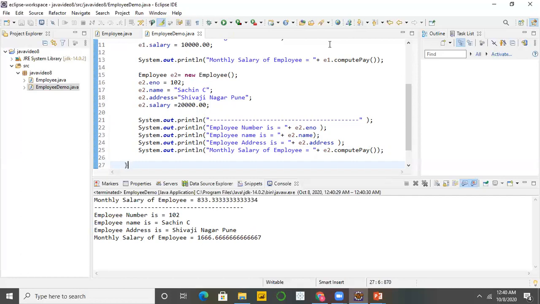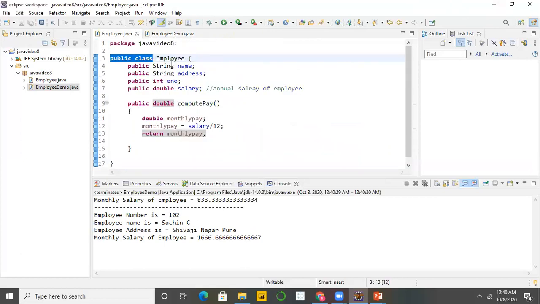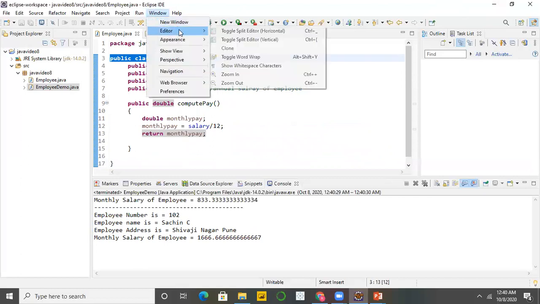So in this way, you can use two files to create two separate classes. First, we have created the employee class. I will maximize it for you.